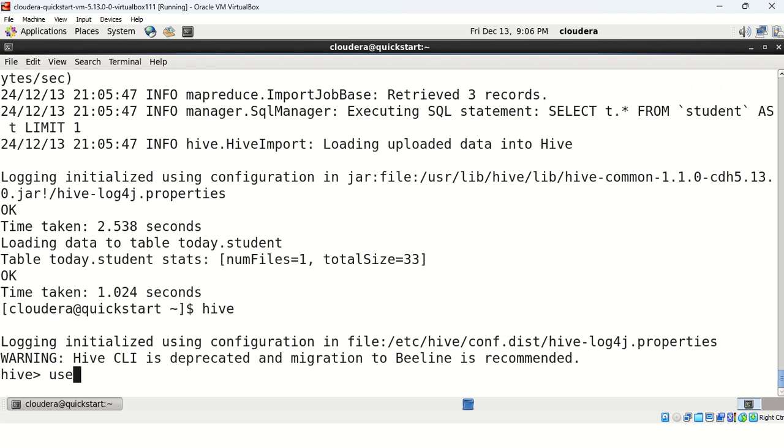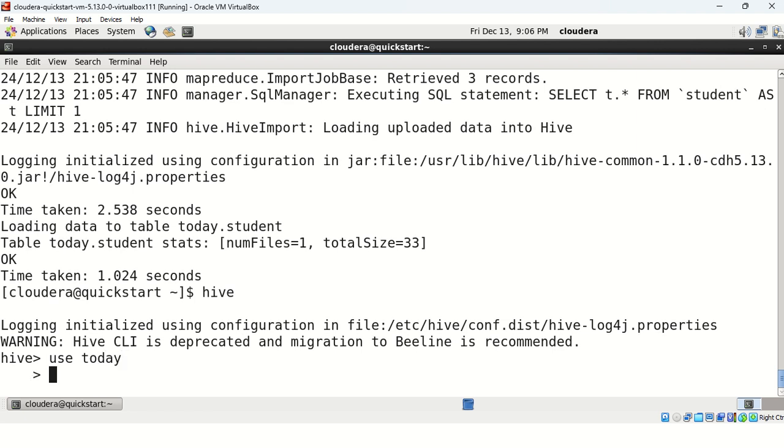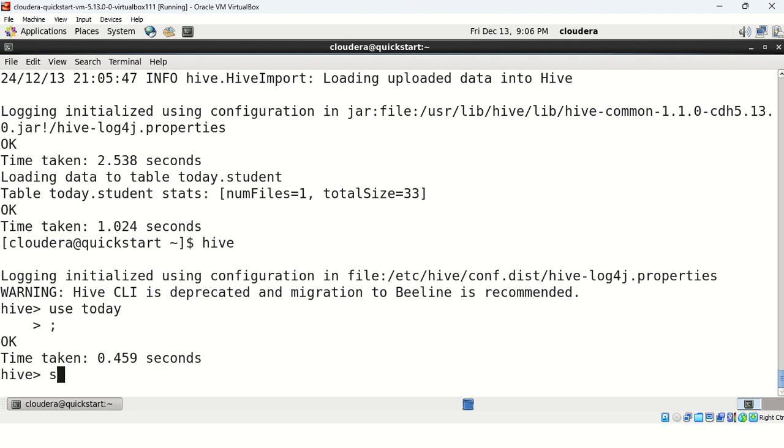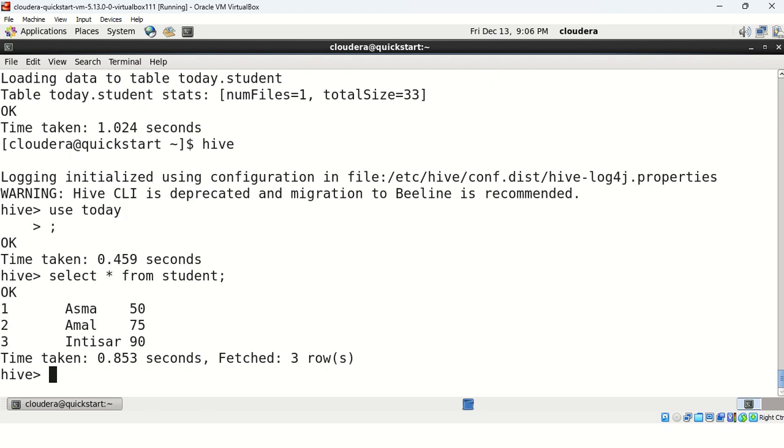Now here I will use the database today. The name of the database is today. Now I'll give select star from student. Here you can see the table. Initially we didn't have any data in the table, and now we did the import from MySQL to Hive. So next we will see how to do